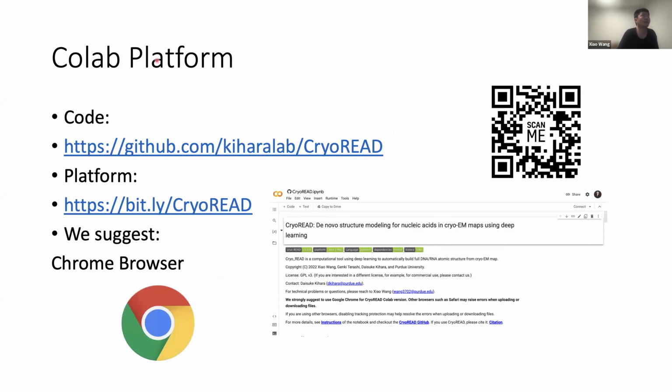We also have the Colab platform of CryoREAD. So the Colab platform, similar to what Genki described, only has 2 CPUs, and its computation power is relatively limited. But the good thing about our Colab is that you can see step-by-step running, so that you can know how CryoREAD is doing the structural modeling,